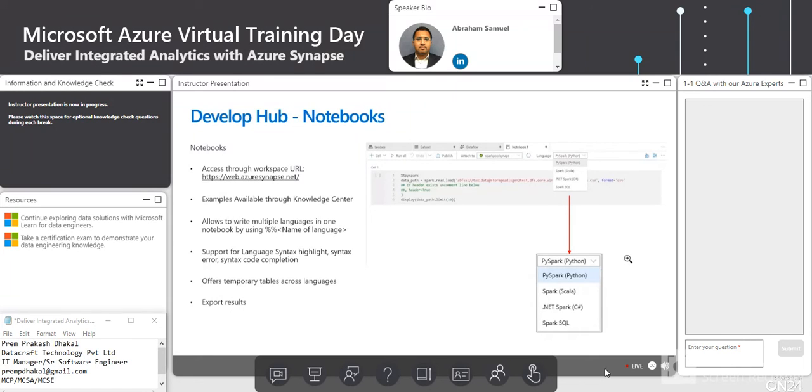And the great thing is, because you have multiple languages and it's bilingual, you can actually create multiple cells with different languages across the board as we start. And then you can also export the results or store the results in the data lake or into Synapse SQL as you need. So let's go ahead and we can see that here we are going to start the default language